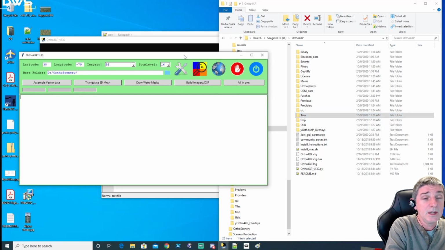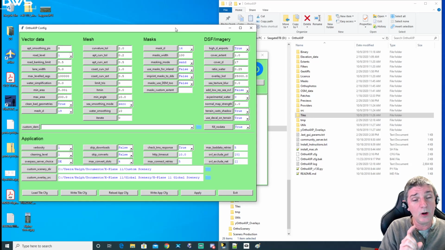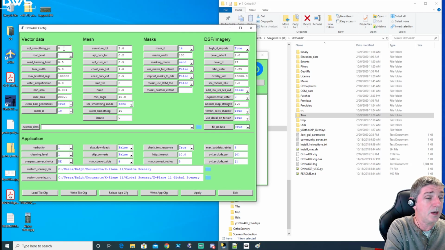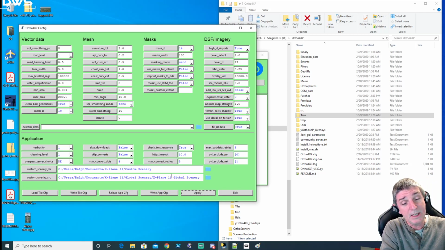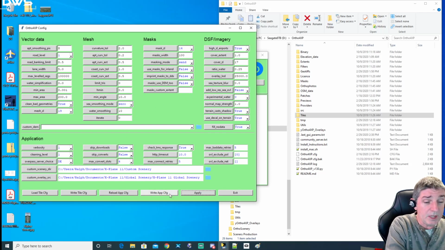So the next thing, well, let's go back to the settings stuff here. Any change that you ever make on this page, before you leave it, you always need to hit apply. So if I wanted to change this value from 8 to 10, that would not take effect unless I hit the apply button. I'm going to put it back to 8 and hit apply. But if I change something on here and then I didn't hit apply and I just hit exit, it wouldn't save that change. So just keep in mind that anytime you make a change on here, you always need to hit the apply button. And these buttons down here, you can